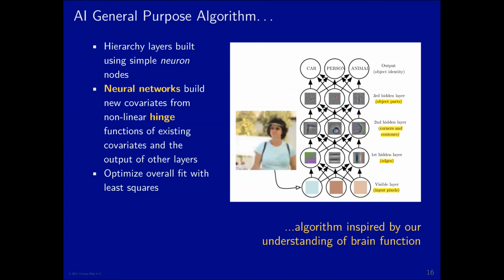So it's starting off with very unprocessed data. It's applying a series of processes to that to create new data elements, and you're not telling it how to do that. It's doing that for itself. And then it's combining both the original data and the new data to come up with its final conclusion.